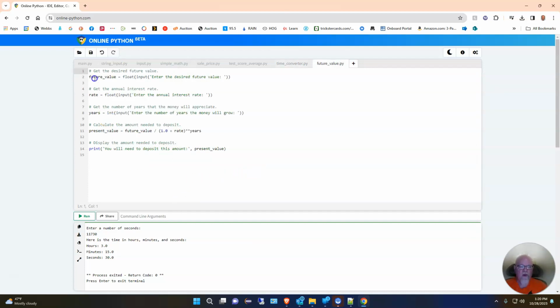So here, we're going to basically say future value is equal to float input. So we're going to take whatever the user gives us, convert it to a float. We say, what is your desired future value? And then we're going to say, okay, what is the annual interest rate? And then, how many years do you want that money to grow? Okay, so you've got your future value, you've got your interest rate, you've got how many years you're going to let it sit there, and it's going to tell you what you need to deposit in order to get